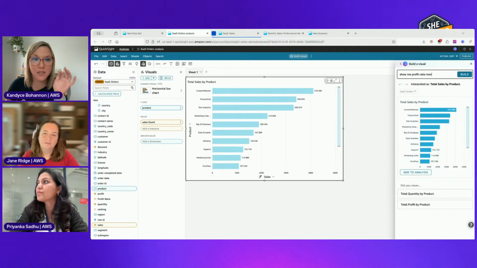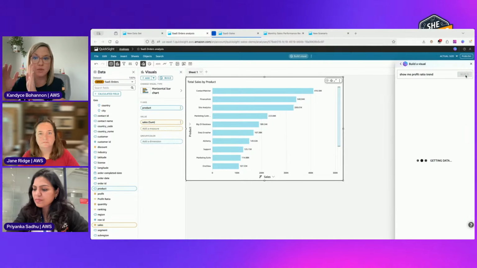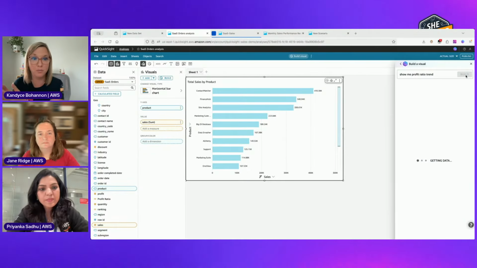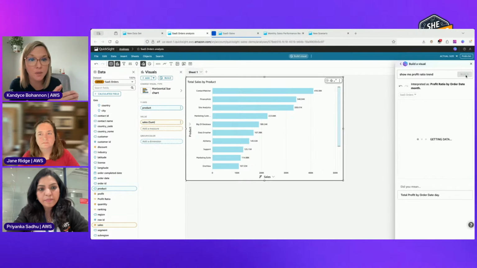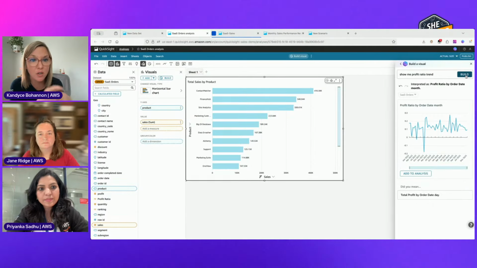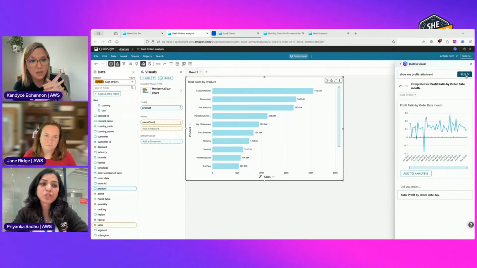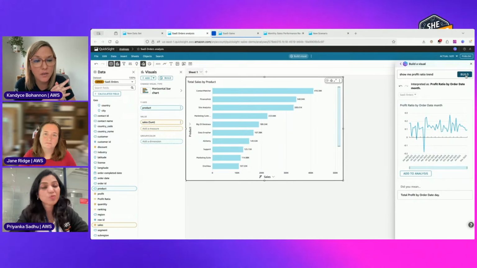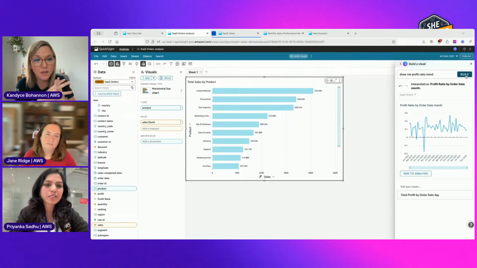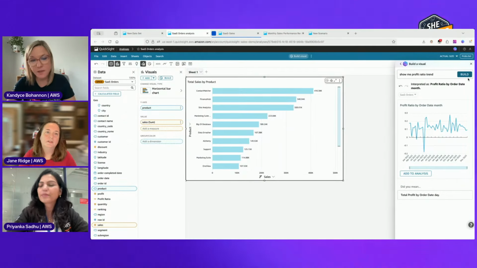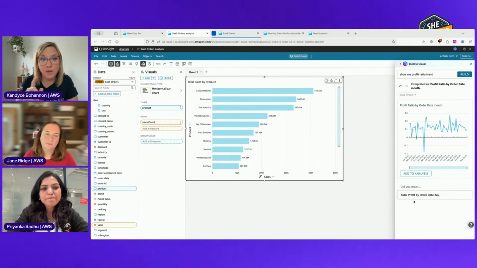So both of these things are Q enabled. You have your Q helper of some sort, you're using a Q visual builder over here, and the other one that you used can actually create calculated fields for you. This is all Q, which is in QuickSight. You don't have to do any additional plugins. It comes with Q, so you can just enable it and start asking questions. Nice. And you have the two different mode type of things though, because you're over here right now when you're like, build me a visual.